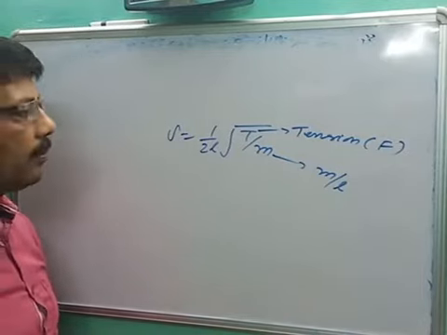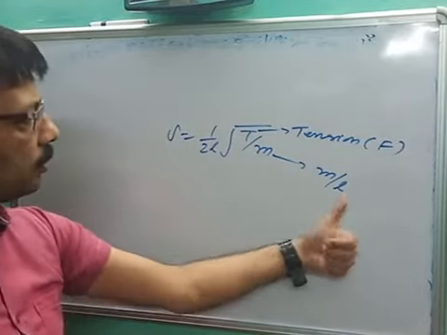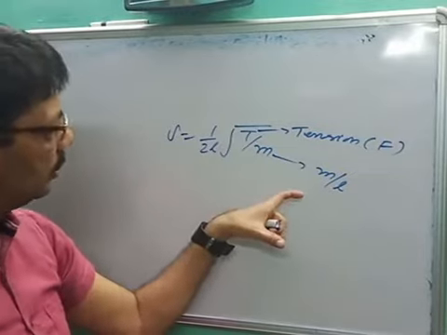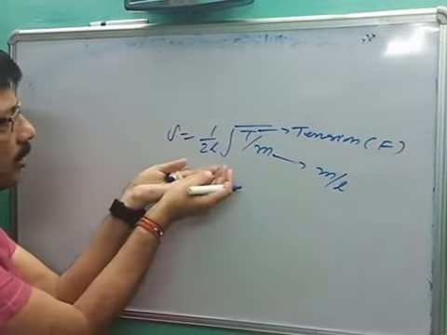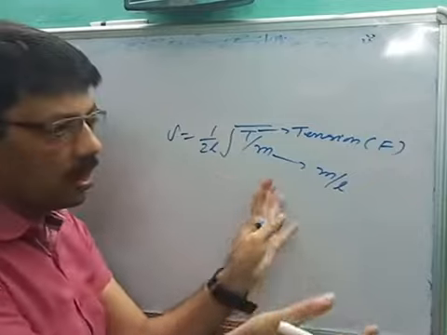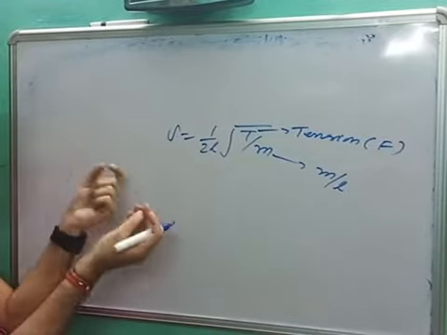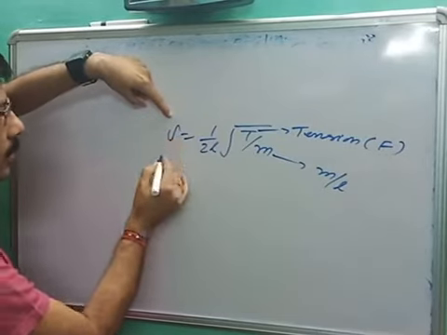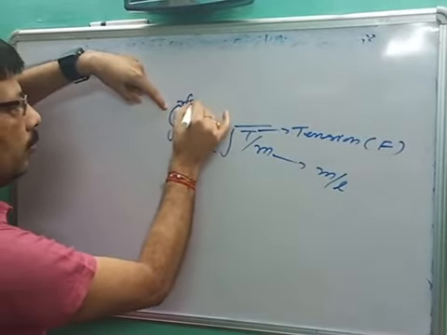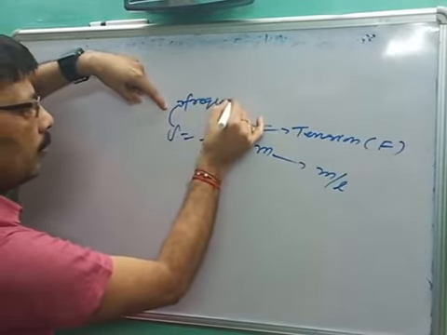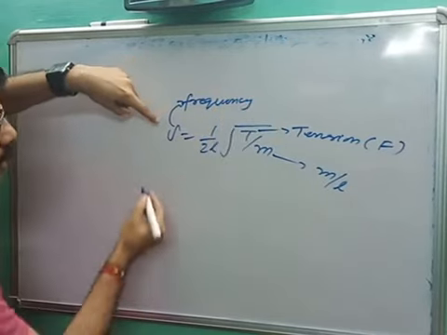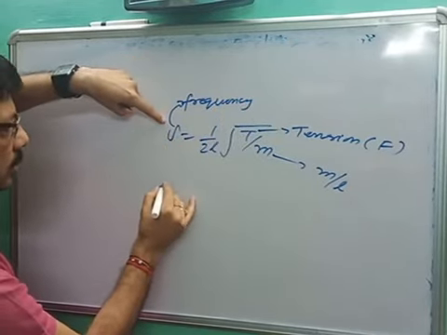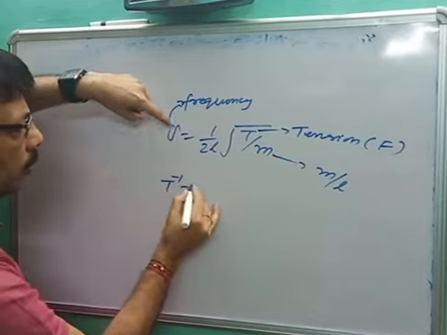This is the vibration of a string. M is mass per unit length. That question is given to you. Don't go into how this comes about. We are trying to find out the different formulas and check whether each is correct or incorrect. Nu is the frequency. So the dimensional formula of nu is, you better know, T to the power minus 1